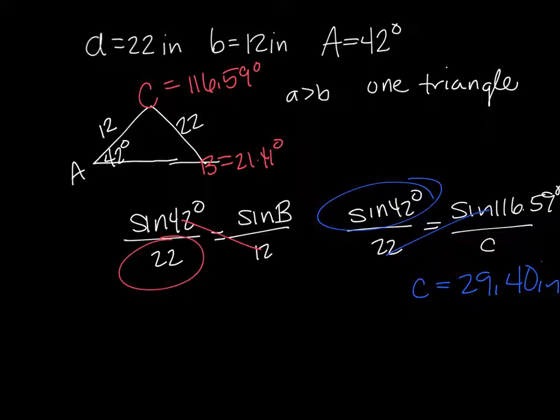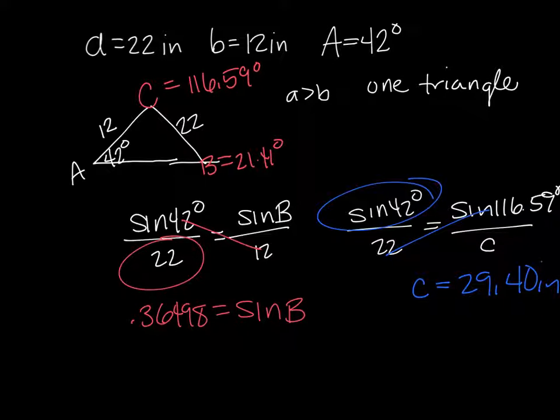I forget to show you something. So let's go back. I'm going back to here, okay? So we're going to cross multiply and divide. And when we do that, I'm going to actually go through and do that. So we have sine of 42 degrees times 12, and then I'm going to divide by 22, and so we get 0.3, oh, that's not a pen. We get, let me go in red, 0.36498 equals the sine of B, and I'm going to keep that on the calculator because here's the thing,